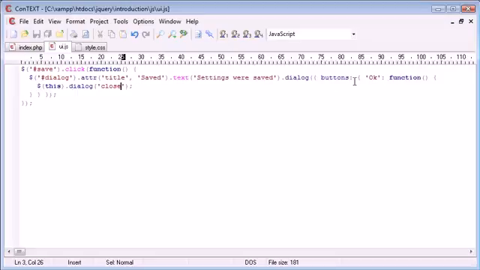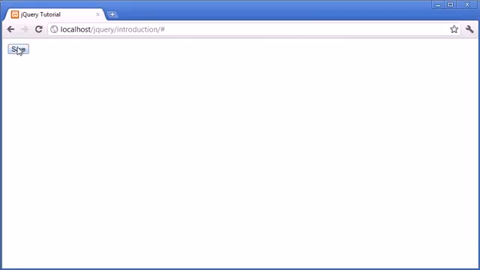Okay, so now what we want to do is supply some more options. Just after, you can see this is highlighted in red here, it's starting to look a bit messy. We're going to supply more options just here. So the first option I'm going to choose is close on escape. Now what close on escape does is it will actually close this dialog box if the user presses escape on